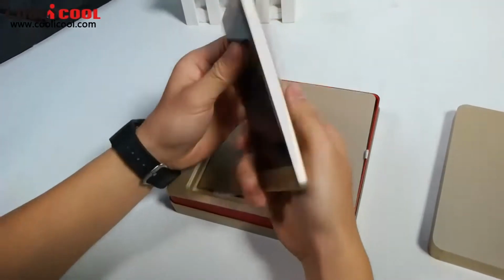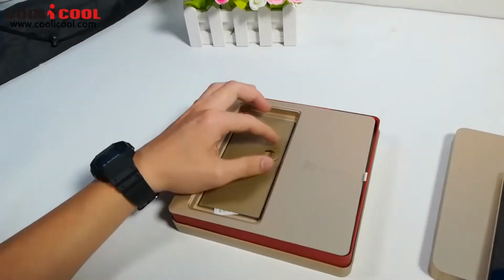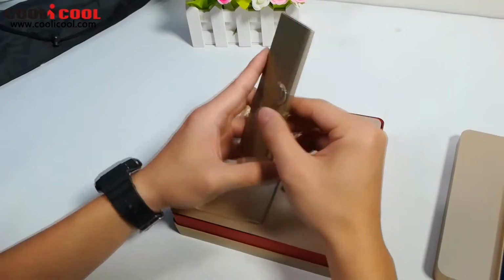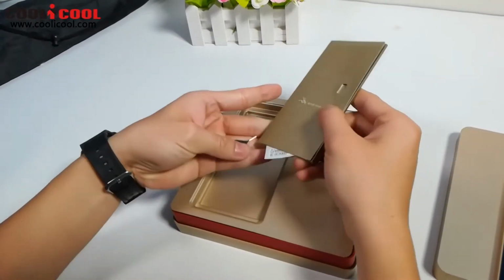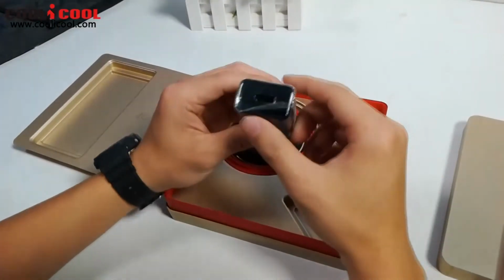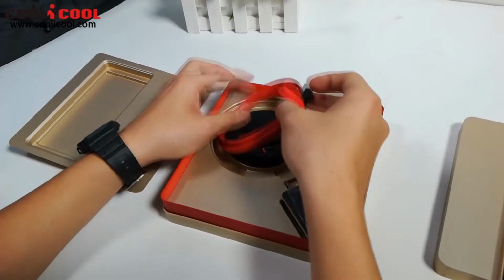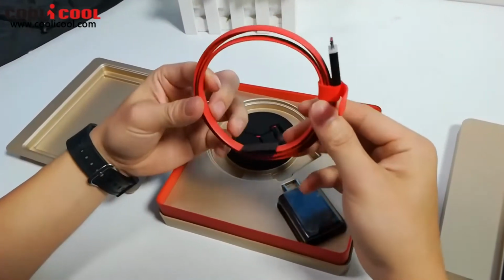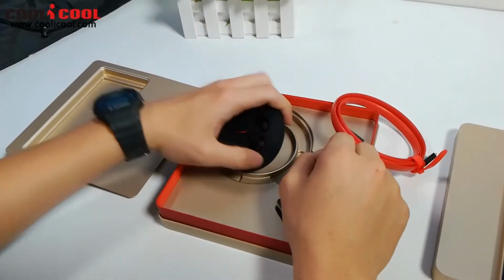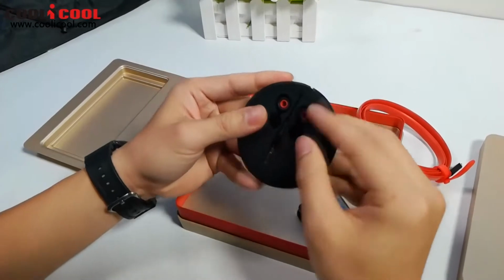This one is the golden version of the Nubia Z9. And here is the paperwork and a SIM card pin. This one is the charger and a red micro USB cable. Nubia Z9 also comes equipped with a headphone with different